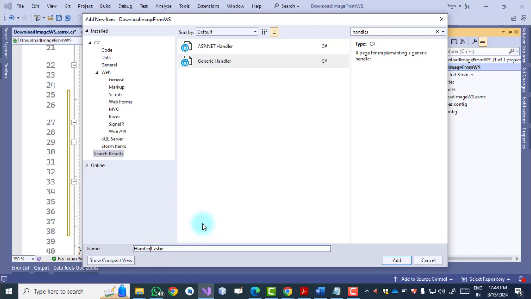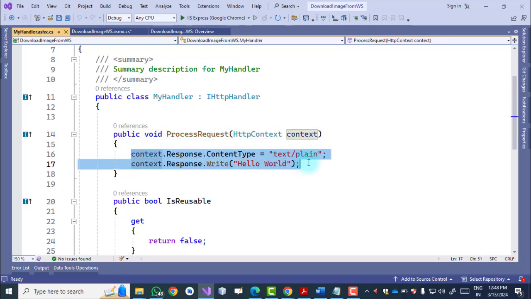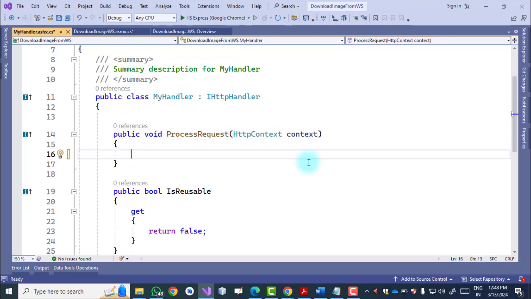So here we gave the handler name as my handler, and then click on add. In this we have a method called process request. Just remove this, and we start writing the code of our handler file.